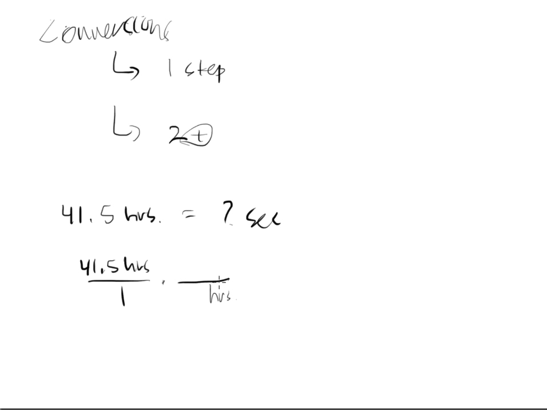And can I go from hours to seconds directly? Probably not, right? But I know how many minutes are in an hour, so why can't I do that? And I can. But that's not where the problem wants me to be. The problem wants me to be in terms of seconds. So I need to bring in another conversion factor, and that's fine. You can bring in as many as you want. So up here at the top, we have minute. So that means in this next step, minute is going to go to the bottom, and here I can relate seconds and minutes together. That one's pretty easy for me to go back into my brain filing cabinet and pull out. So it looks like this is a two-stepper, and that's perfectly fine,